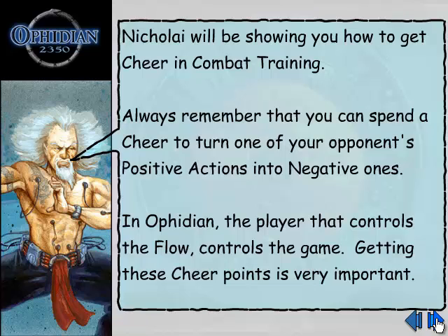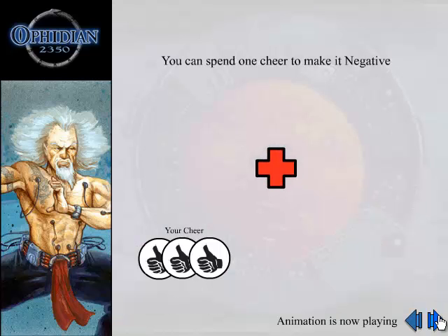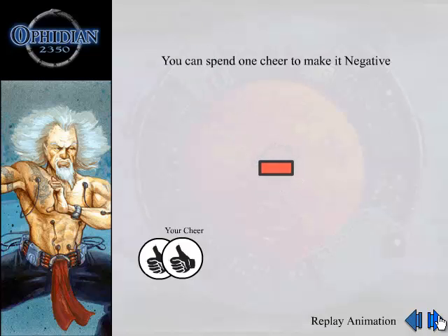So now we're going to go about actual combat training and how we gain cheer, which again we talked about earlier. And again, as I said, this is a huge change, a huge difference between this game and other games because you kind of have to decide ahead of time whether you're going to use cheer as a victory condition or whether you're going to use cheer as a resource. And again, this animation simply restates what I've already stated about how you can use your cheer as a resource